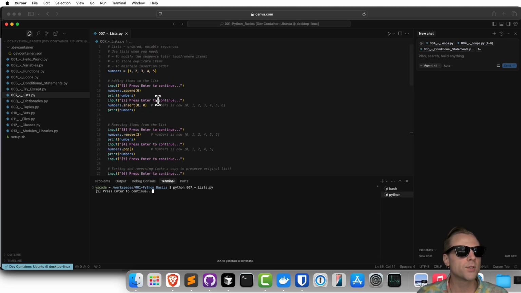All right, so we hit the first enter. We have this list established with the numbers 1, 2, 3, 4, 5 in the variable called numbers. Then we're going to append a 6 to the variable. So we press enter, and now you can see we have a list that has 1, 2, 3, 4, 5,